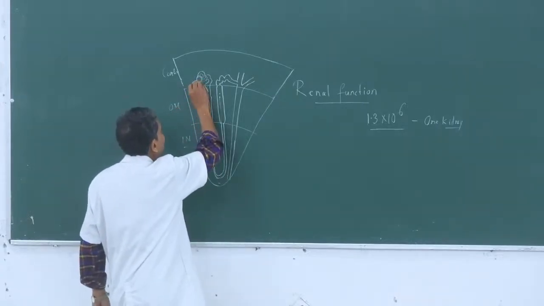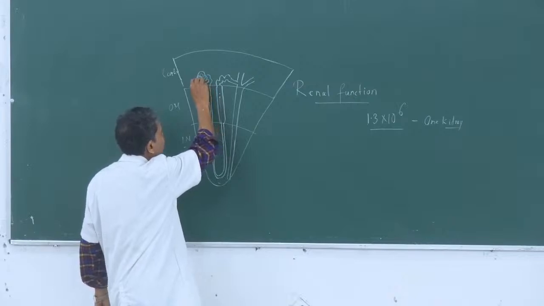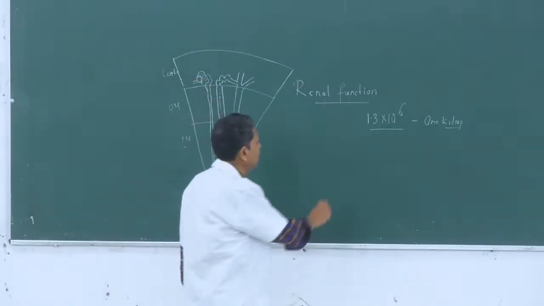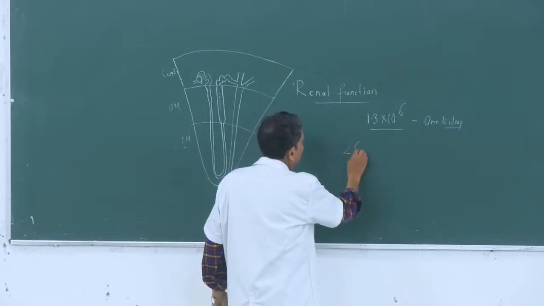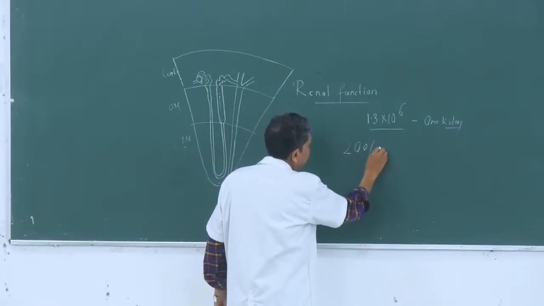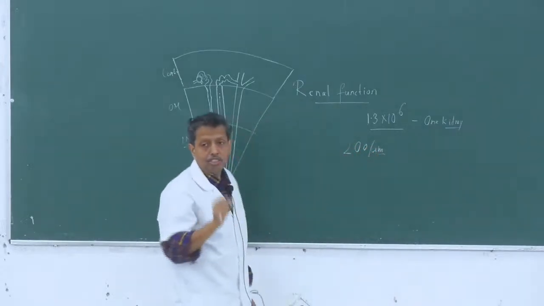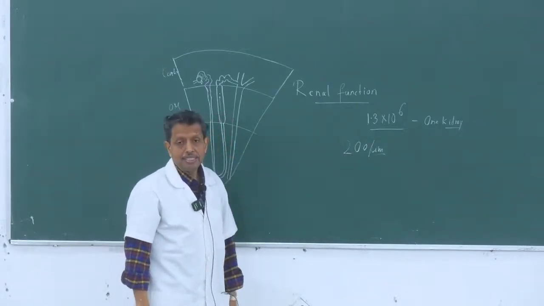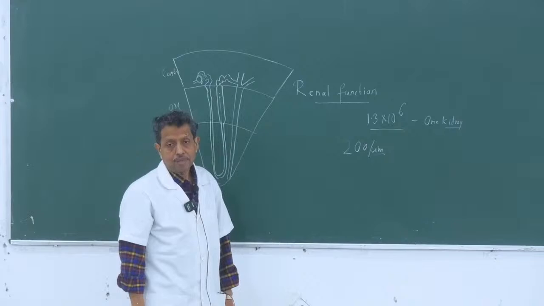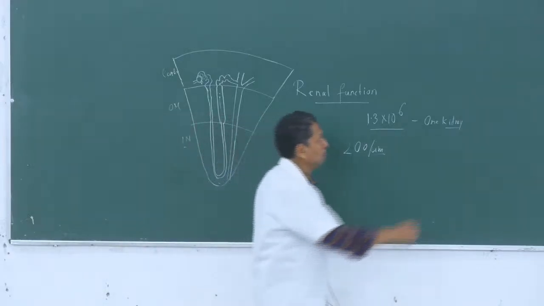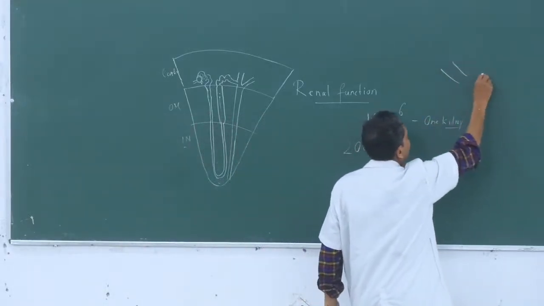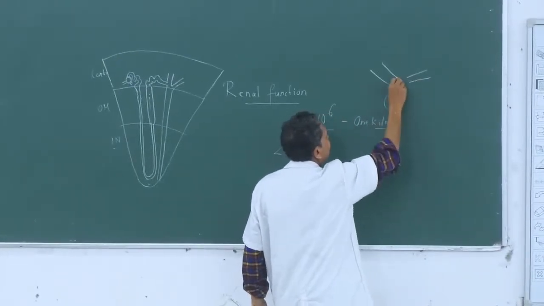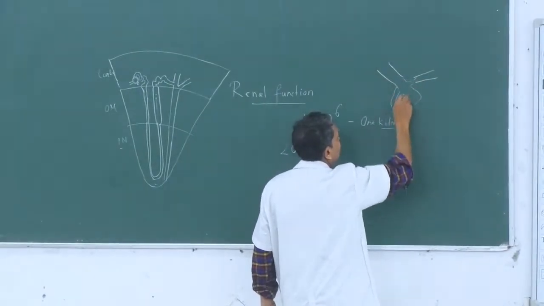And where the blood vessel enters, it is called the vascular pole of the glomerulus. Average glomerulus is 200 micrometer in diameter. It's slightly larger in case of juxtaglomerular apparatus. Whatever may be, roughly this diameter. And at the vascular pole there is the afferent arteriole, and a slightly smaller efferent arteriole, and then they form these capillaries,